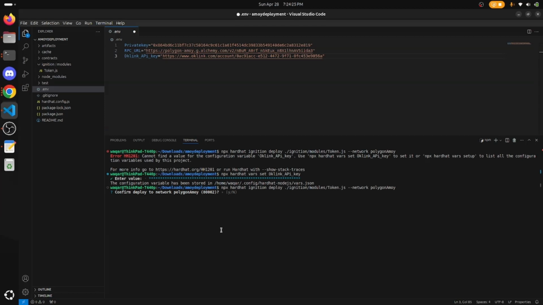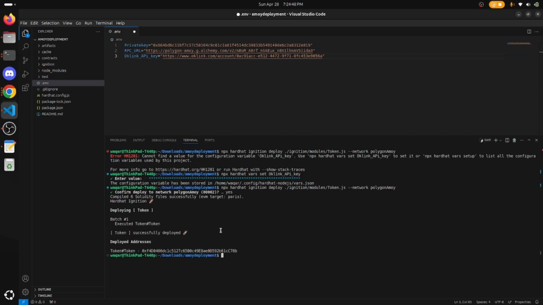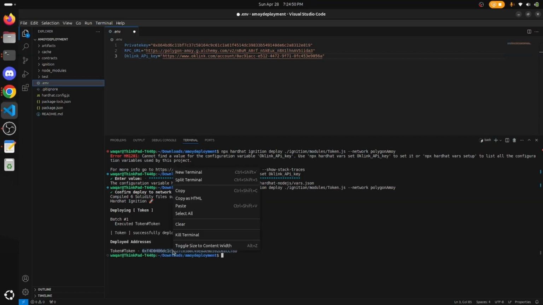It is asking whether the chain is correct. Okay, just enter Y and contracts are compiled. It is already trying to deploy the contract. Once it's deployed, you will be getting an address in return for a complete URL. Okay, so address is returned. Just copy the address